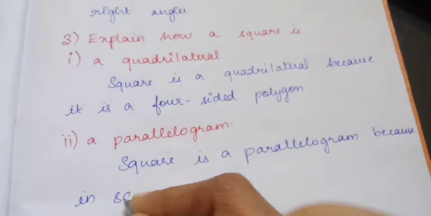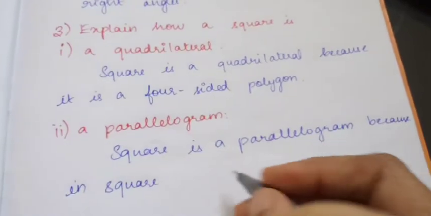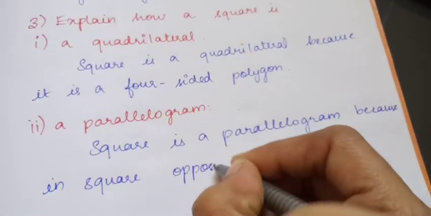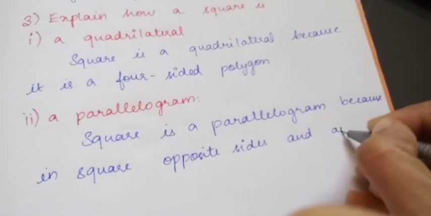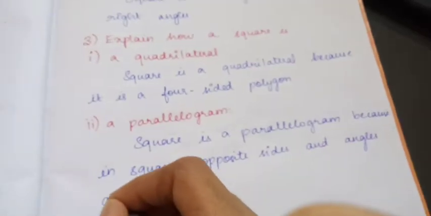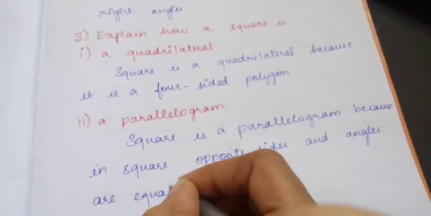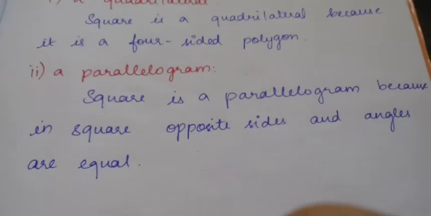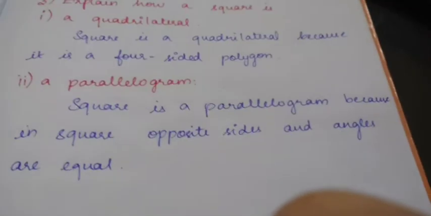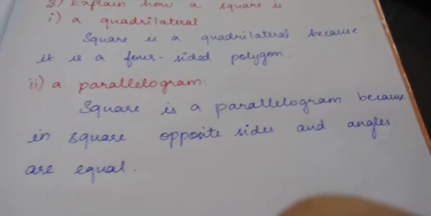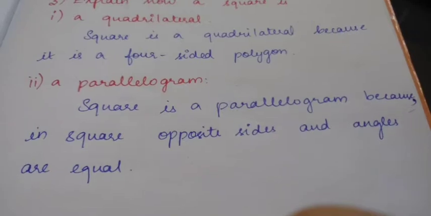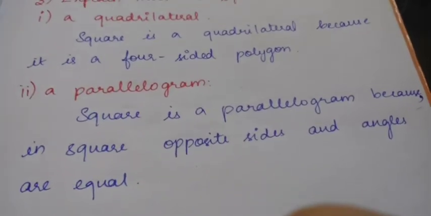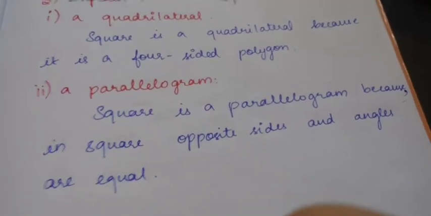in square opposite sides and opposite angles are equal. Is it correct? So it is parallel also. Opposite sides are parallel also. That you can mention. Okay. Square is a parallelogram because in square opposite sides and opposite angles are equal. Okay. Next is what? Third subdivision is